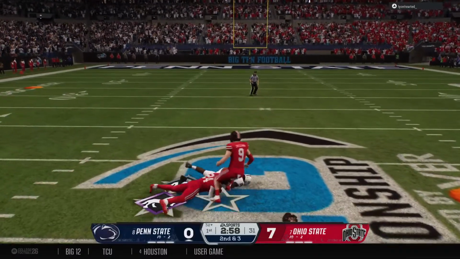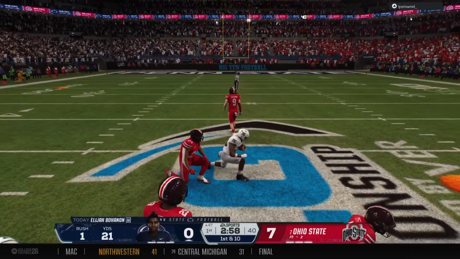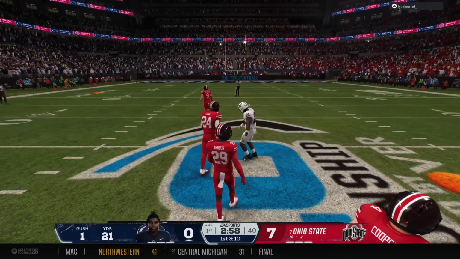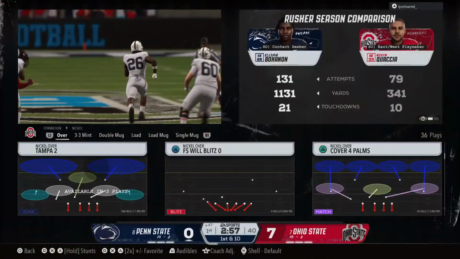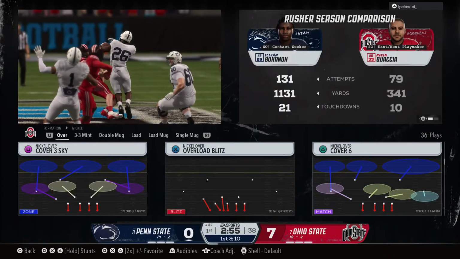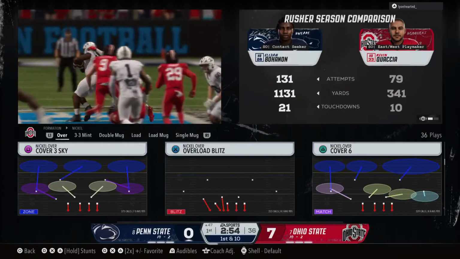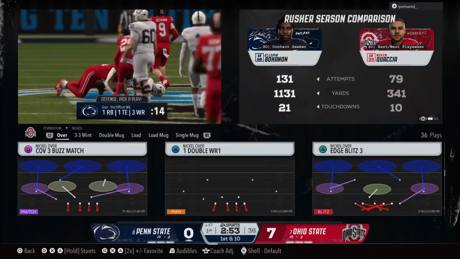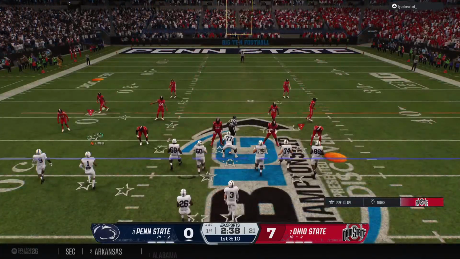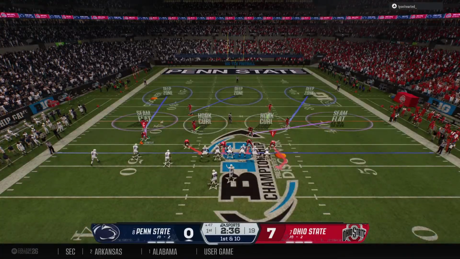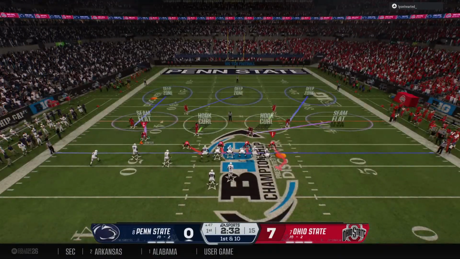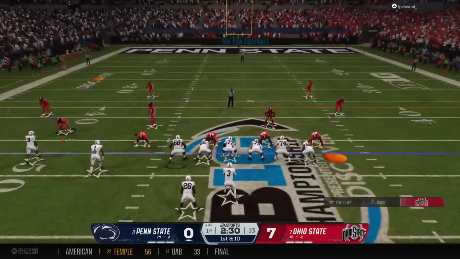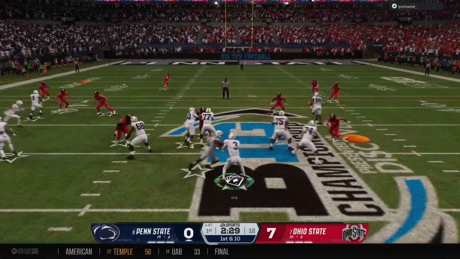For one into the secondary. They bring him down, but it's a big gainer for the 47. There's nothing more that helps an offense than committing to that running game and popping an explosive run like this on the ground. Keeps the confidence of your offensive line up. Same with your back. It helps everything else that you're doing as an offense in your rhythm. Now you can come back with some counters, try to take some shots off of play action, and keep hammering away with that run game.